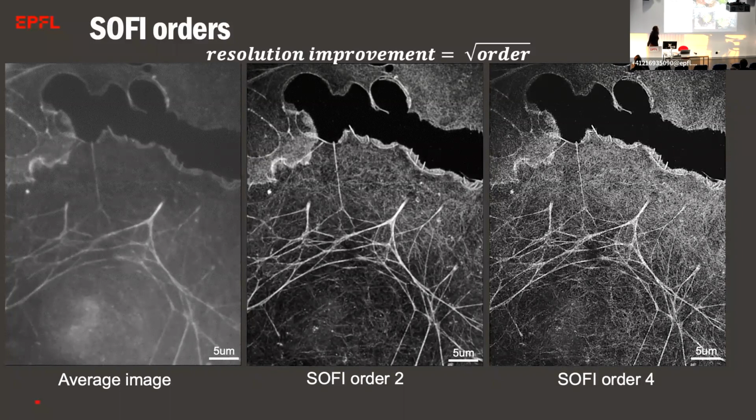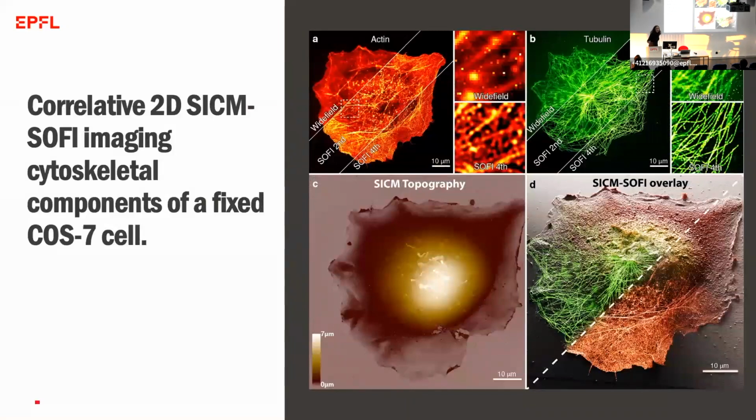So independently as well, we could do, on the same sample, imaging in a scanning ion conductance modality, as well as in SOPHY modality, and cross-correlate the same images and get this nice topography together with information about structures that one can image inside the cells. And here we looked at the microtubules, at the actin, and nice topographical information that we achieved from the scanning